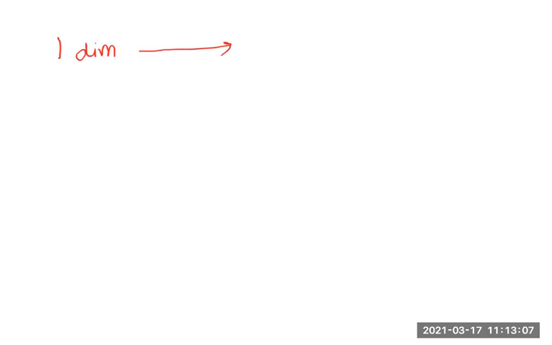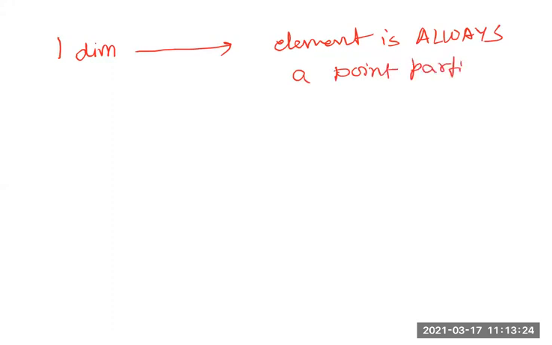So if an object exists in one dimension, then the element is always a point particle. What do I mean by that? Practically, this means a thin slice,